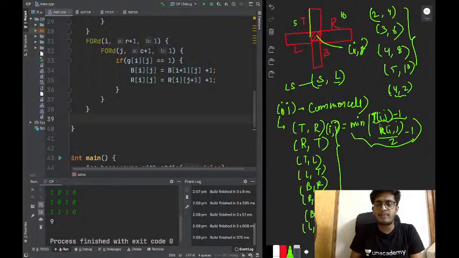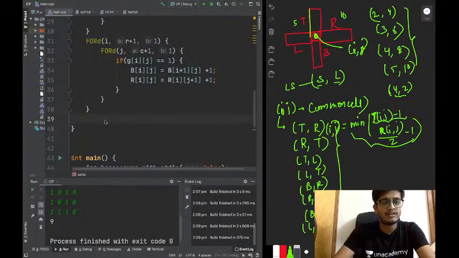And there is one problem with this. Actually, this might be negative. If Tij is 0 and Rij is 0, which means this cell contains 0, then both these values will be 0, and the minimum of minus 1 and minus 1 will be taken as minus 1. We don't want to add minus 1, okay? The number of L shapes cannot be minus 1. 0 has to be added in this case. So we'll take the maximum of this and 0. We don't want this to be negative. It should be at least 0, okay? This value or 0. If this is going to be negative, take 0.